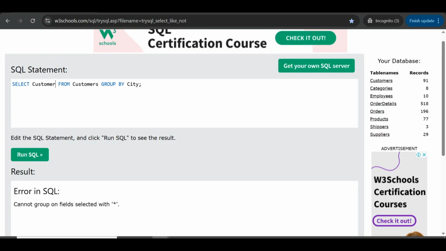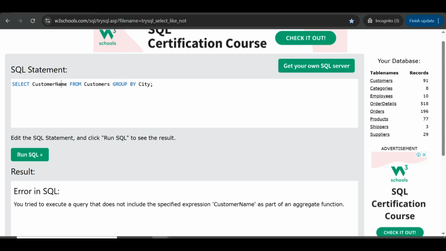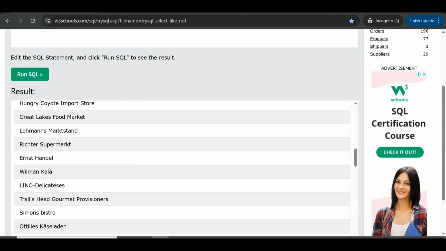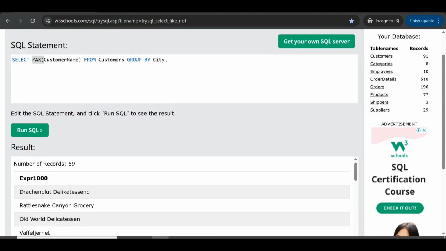Because it's used with an aggregate function, it must use a specific column, and it must use an aggregate function too, like MAX, MIN, or AVG.